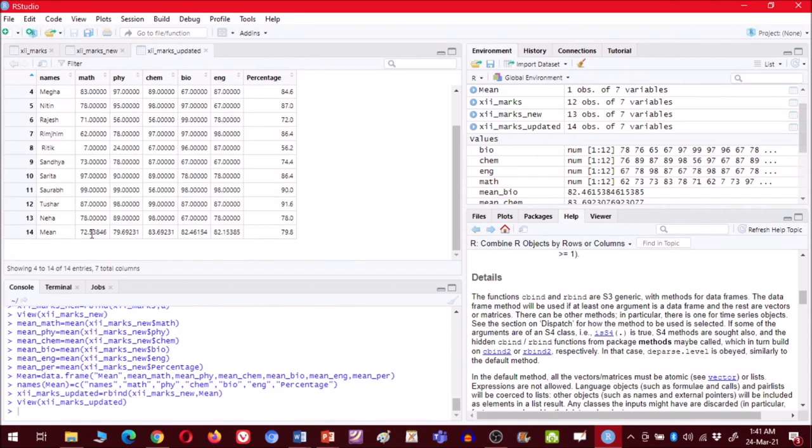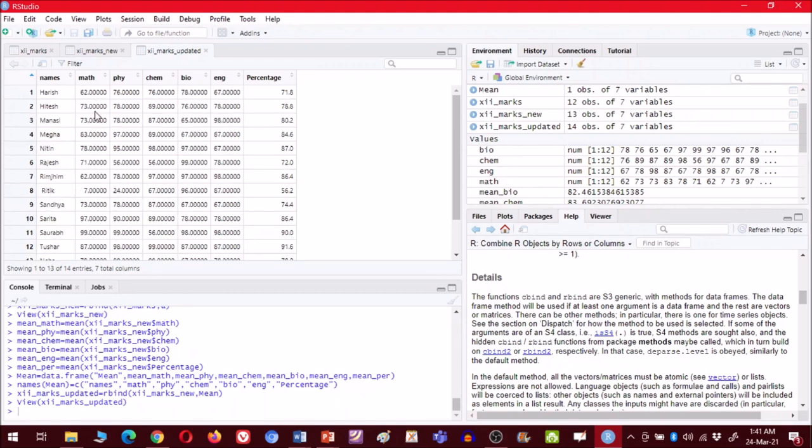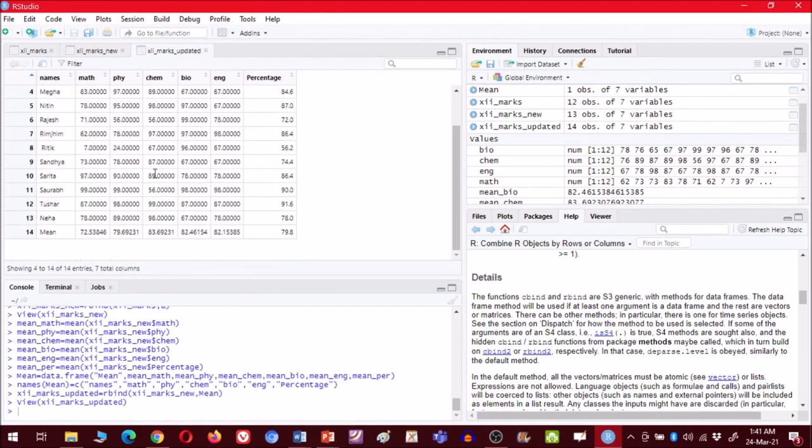As you can see, it is giving the mean now, but all the values have so many decimals. So we want to reduce the decimals. We will use the options formula to reduce the decimals. So options, then digits equal to, and the number of digits you want. So let us choose 4 digits. Then we will have 4 digits in all the variables, and click enter.